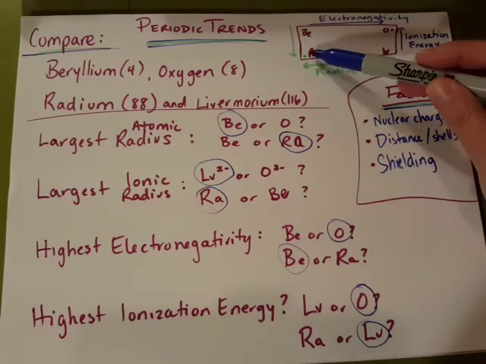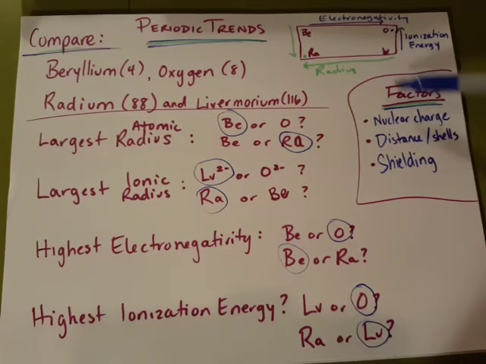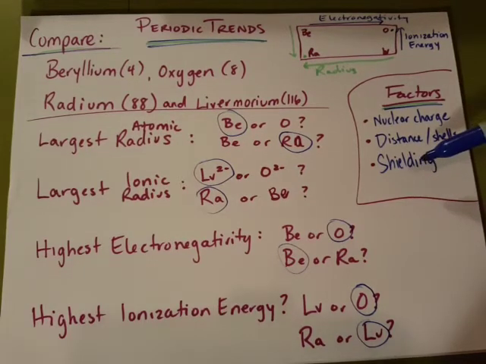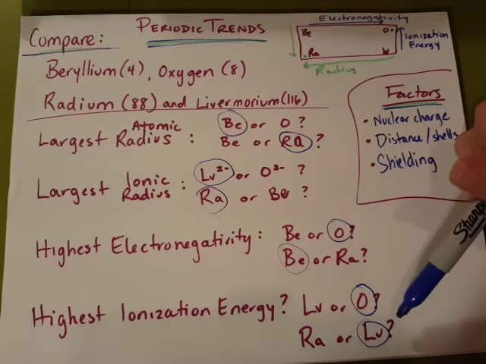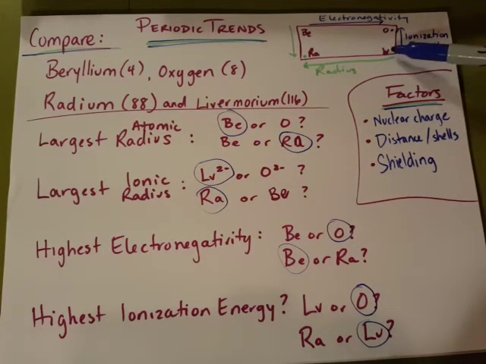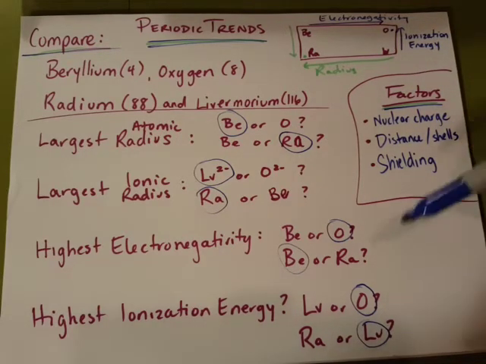And the reason is that as you go across a period, you add more protons, but you don't add distance. So you don't increase the shielding. All you do is just add more pull into the center. So technically the atomic radius is also going to be smaller for livermorium, and the nucleus will have a greater